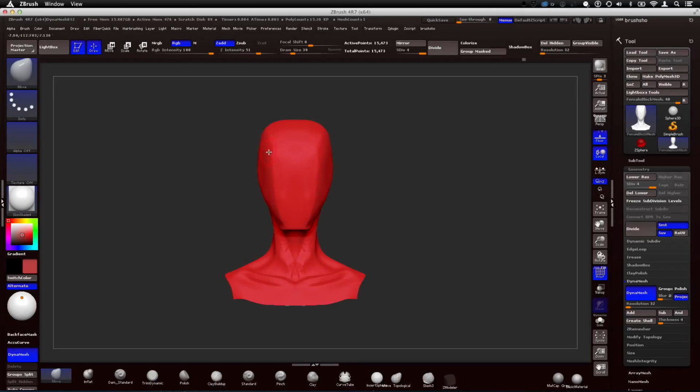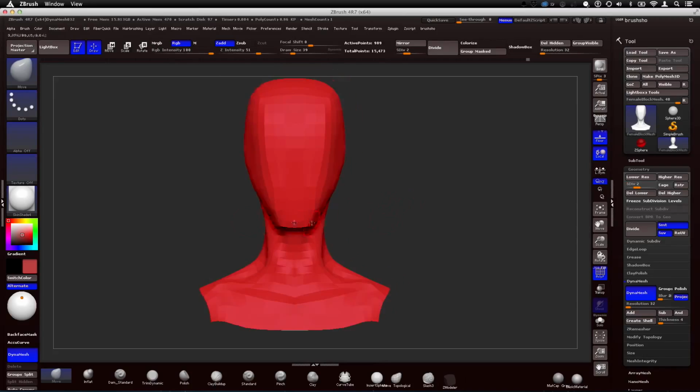I hope that explains subdivision levels. I'll hopefully get another tutorial just showing it in action. I won't be talking too much. I'll just show you the workflow of how I sculpt with it. But this tutorial had to be a little bit longer so that I could explain it, so that I could show you. But to just briefly summarize, start from your lowest, keep working until you cannot work anymore, press divide,